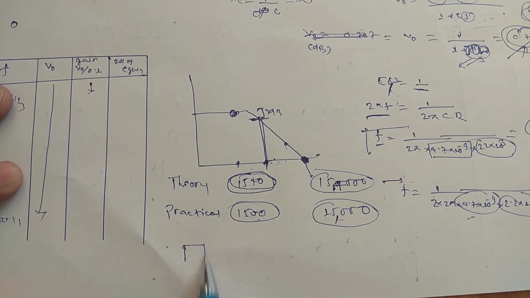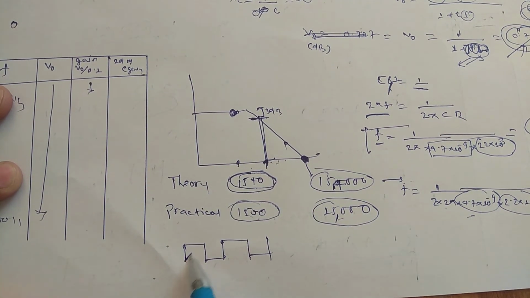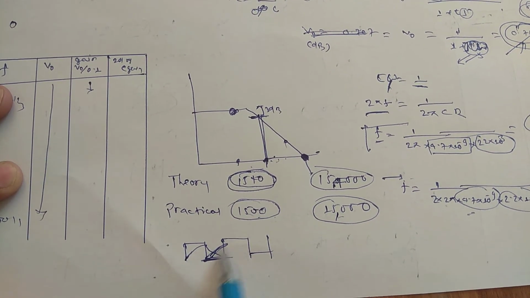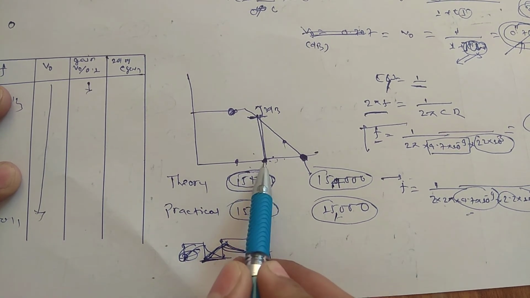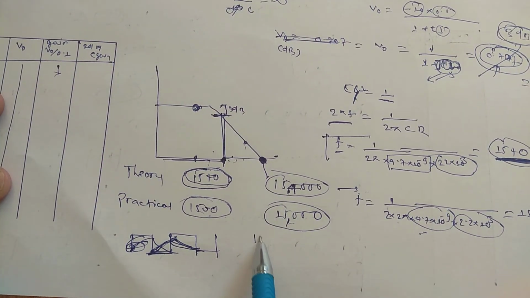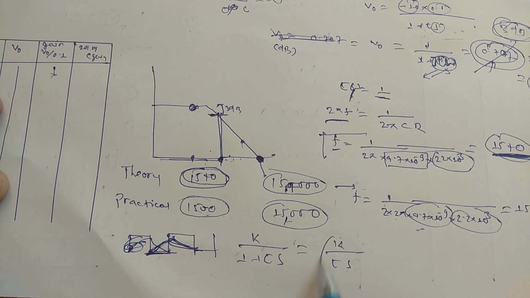Now if I provide a square wave, then in this frequency range it will be charging and discharging. Here it is inverting, so for negative it is going to charge, and for positive it is going to discharge. This will be the graph for a frequency lesser than this one. And for perfect integration, the transfer function we got is k by 1 plus j tau omega. For perfect integration, you must get the curve equation of k by tau.